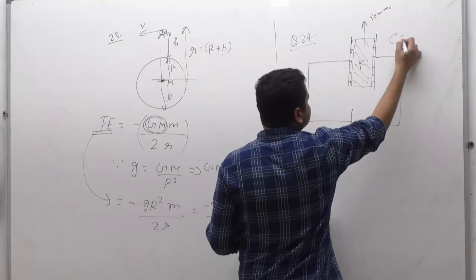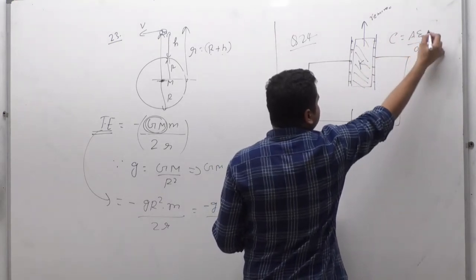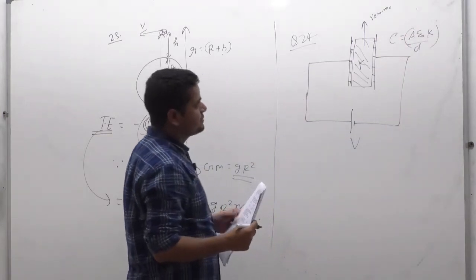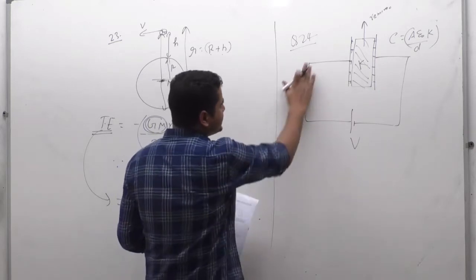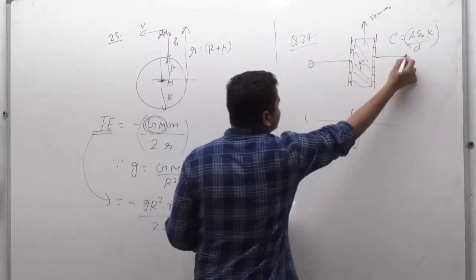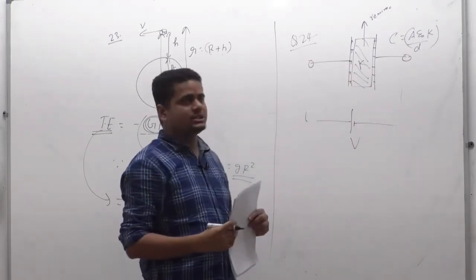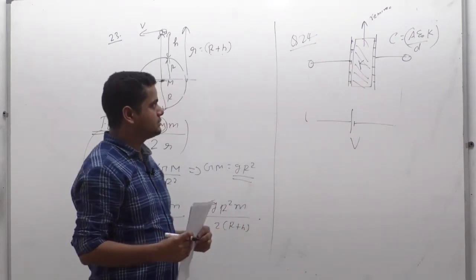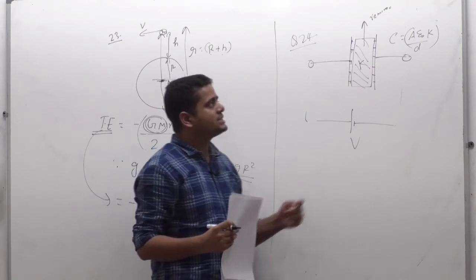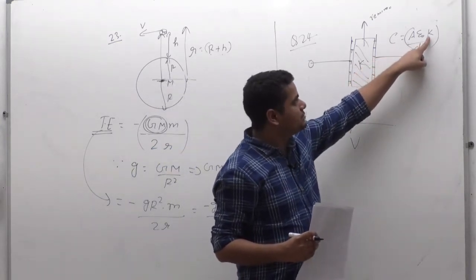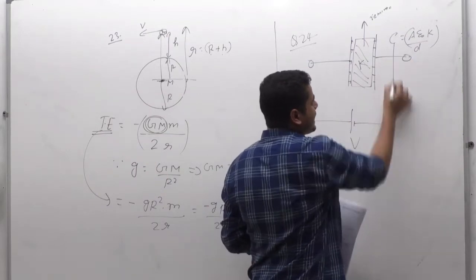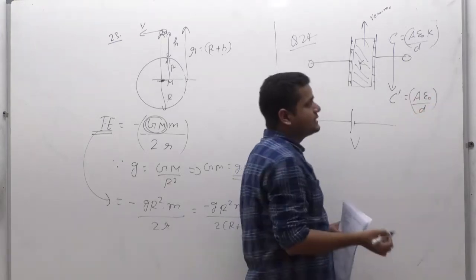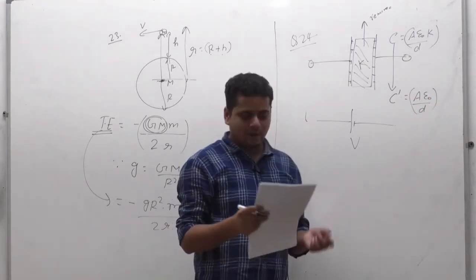what is capacitance? C is equal to A epsilon naught upon d into K, where K is the dielectric constant when the dielectric was inside the capacitor. Now when the battery is removed, then what will happen? When the battery is removed, the charge on the capacitor will not change. Why? Because once the charge is stored on the surface of the plate it will remain constant throughout the motion. When the dielectric is removed, K will become 1, so the capacitance of the capacitor will change to A epsilon naught upon d, because in that case air will be present in between the parallel plates.